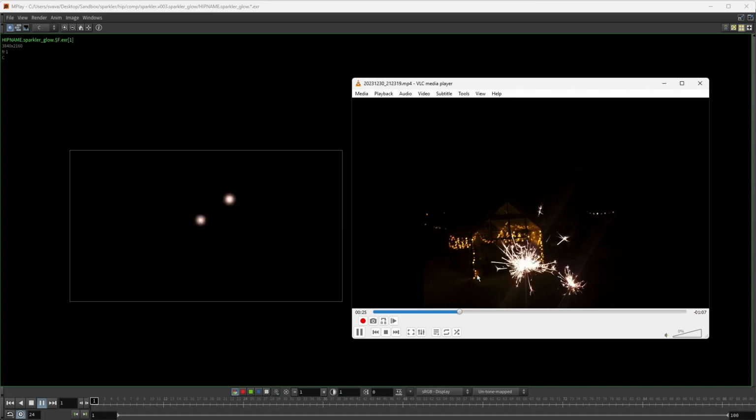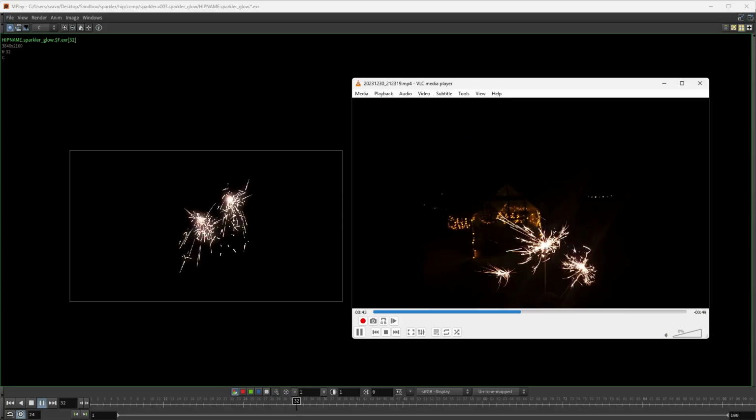If we were to continue to work on this, I would try to get a little bit more of these starry shapes coming off the secondary particles. So I might revisit the replicate node, or I might just do another particle simulation that might be easier. So that's it for now.